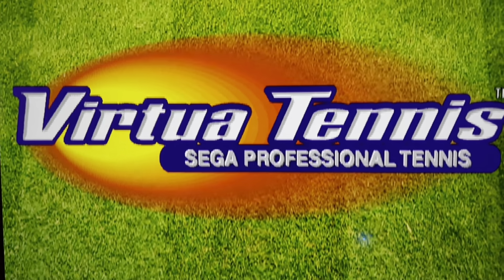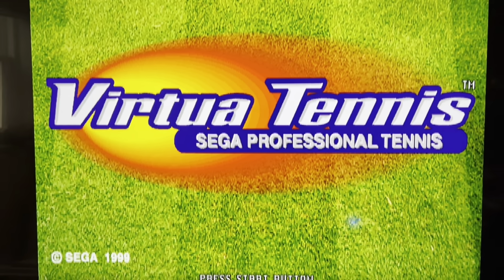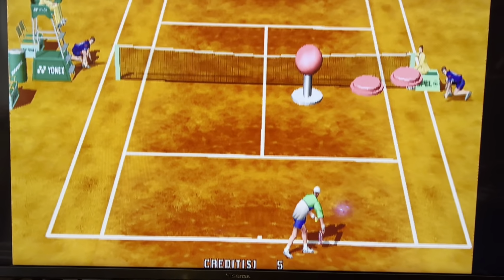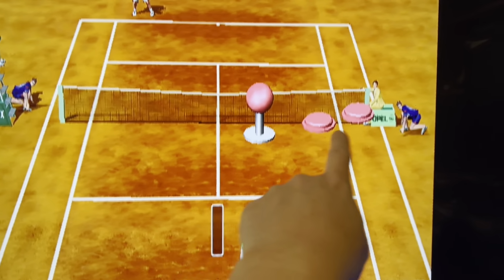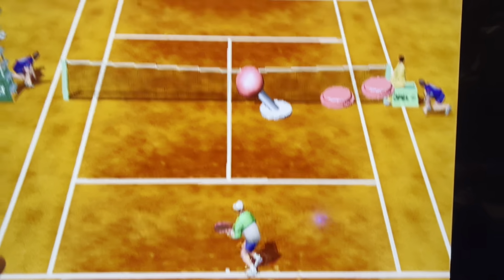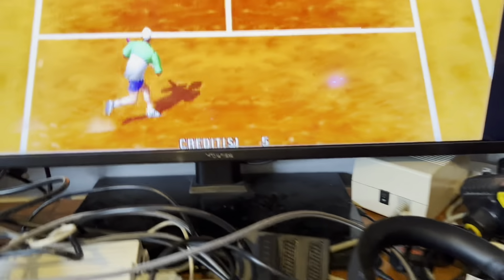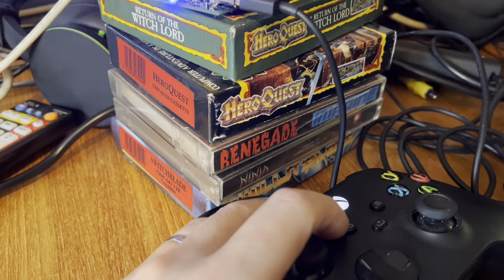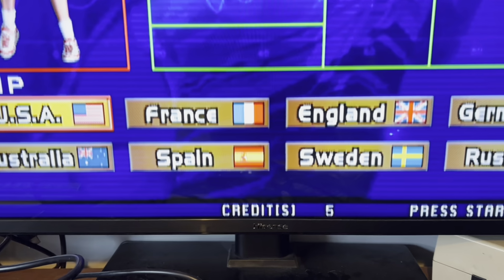Credits. Arcade at home. The arcade version, telling you how to play. It's phenomenal. And to add credits, you press the start button. No, the start button, sorry, starts the game. I think select